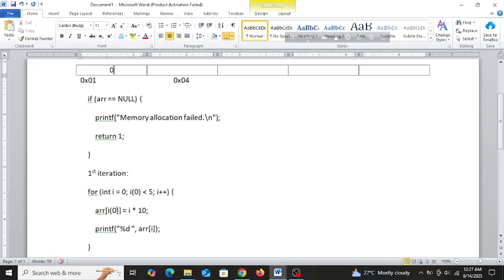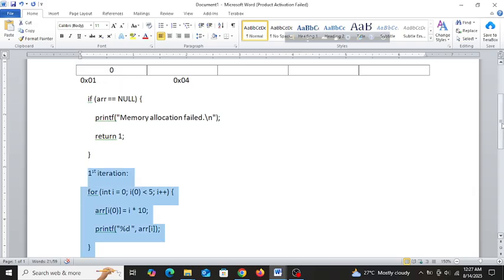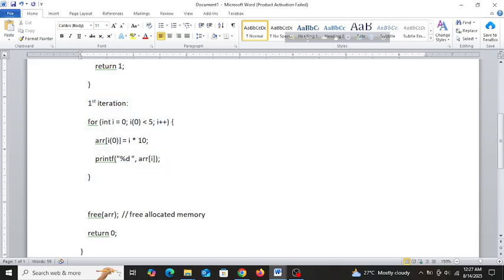Don't think that this 0 and this 0 are the same. i's position, so this first element's position is 0, that is the thing. So I hope you guys understand these things.